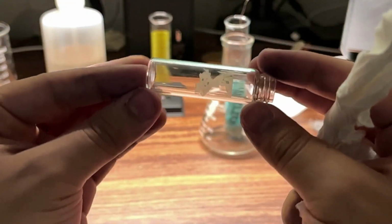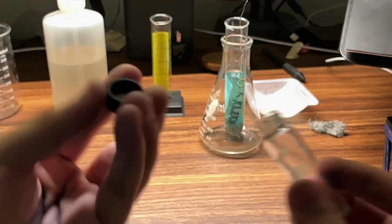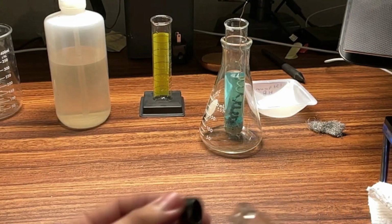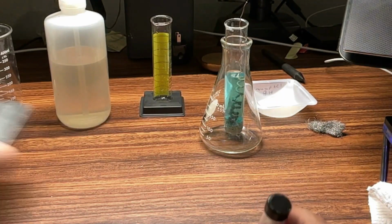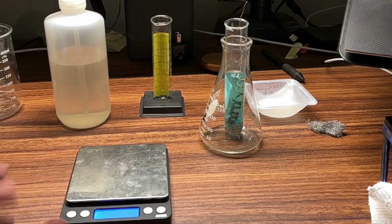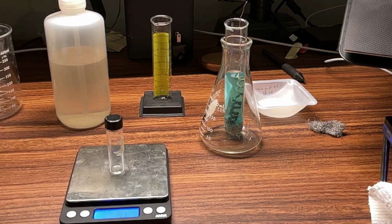Let's see, is that all the water? I think that's pretty clean. I'll put the cap, wait, is there water in the cap? No, I'm good. So, cap back on, and now I can take the mass of the vial without the silver nitrate. And remember, I need that number because